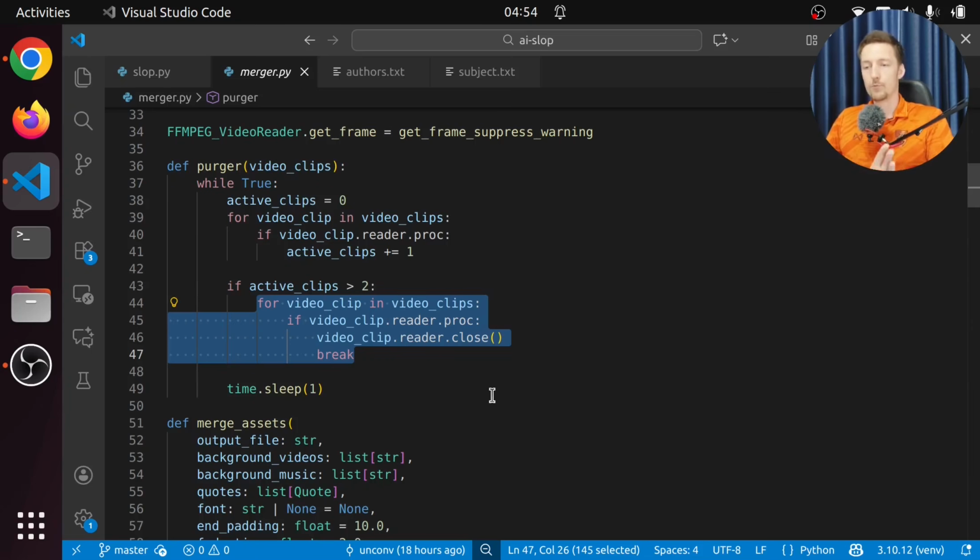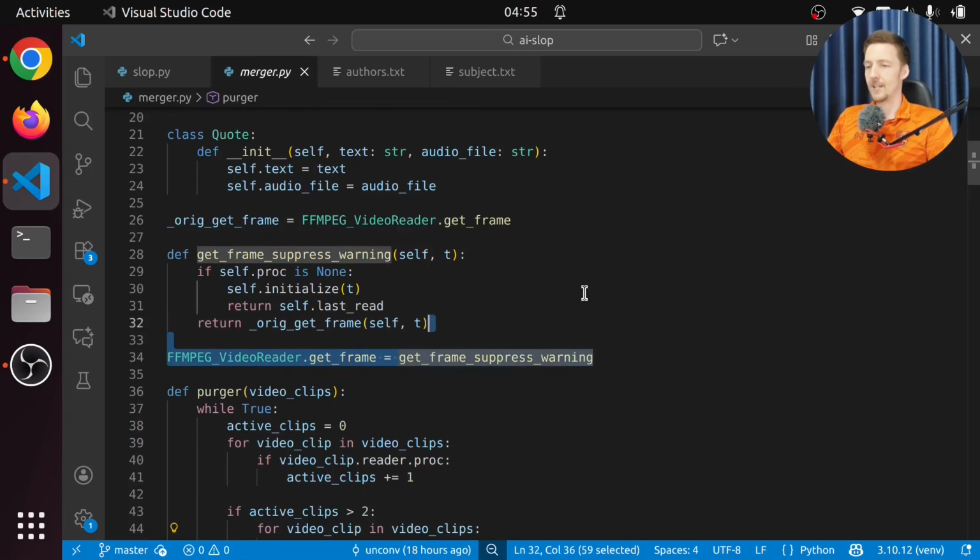And this works in this case because we never need more than 2 clips at once. So the only place where we need 2 clips is when we fade between the 2 clips. So we have to read from both of the files in the middle while we fade. But after that we can close it, because when we go to the third clip, we are never going to use the first clip anymore. So this works. And by doing this, the memory usage goes from 8 gigs to like 2 gigs.